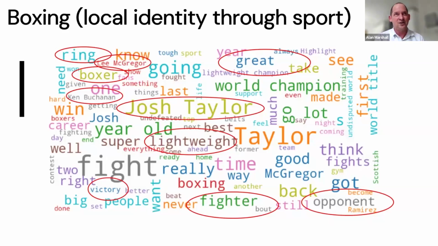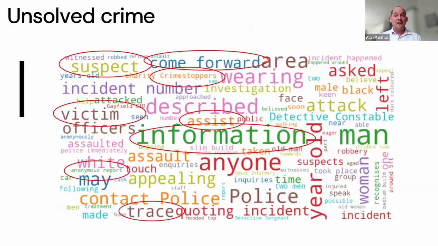cluster in our analysis because we thought it would show a capacity within a neighbourhood to sustain a community club. And it might be a club that people in the area derive a local identity or reputation or sense of pride in their place through this activity. But clearly this relates to boxing, but you could imagine it could relate to football or other forms of support or community activity. We had quite a few, as you might expect, word clouds linked to crime,